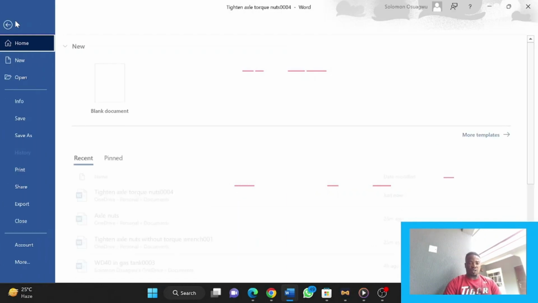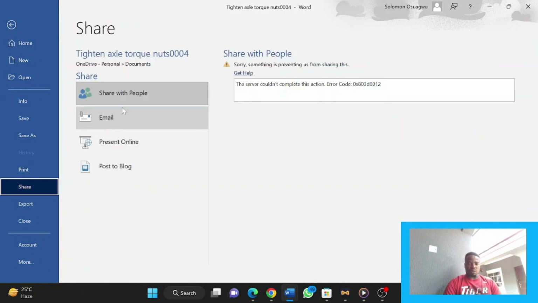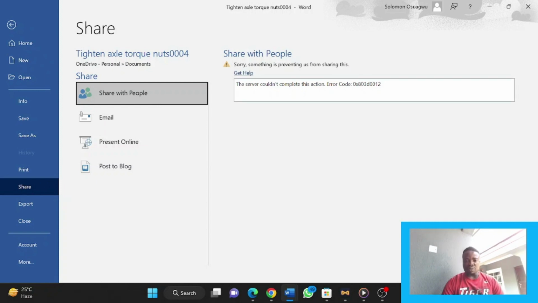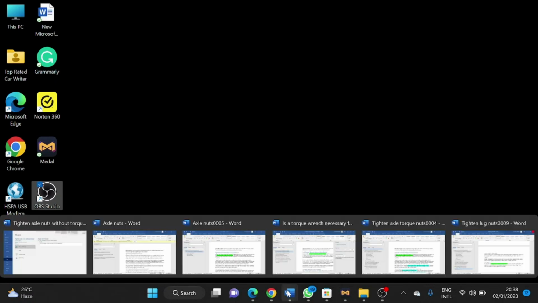Let me just click on share. Okay, that's good. Share with people. Yeah, share with people. Okay, something is preventing us from sharing this file. Okay, I will fix this and then we get back. Okay, just like I stopped the other time, let's go back and see how you can share this article back to